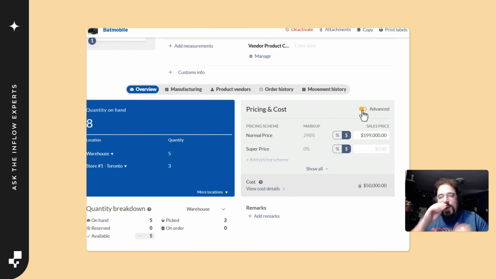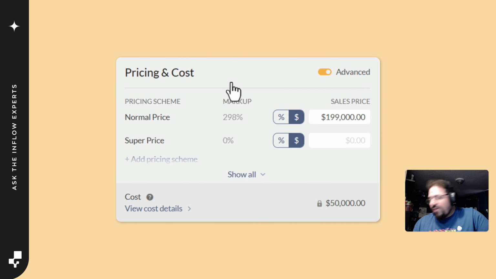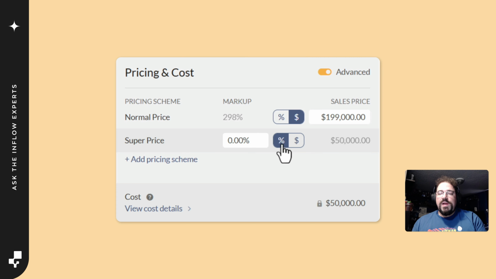In this situation, I'm going to update a few different products, and instead of a fixed price that we can see here from clicking this advanced button, a fixed sales price that you just enter in manually yourself, I want them to be a percentage markup. By clicking this, I can manually set it, maybe to 150% of the cost. And inFlow is then going to automatically calculate, based off of my cost price, how much it's to be. So here you can see 150% is a good sale price for my superheroes,